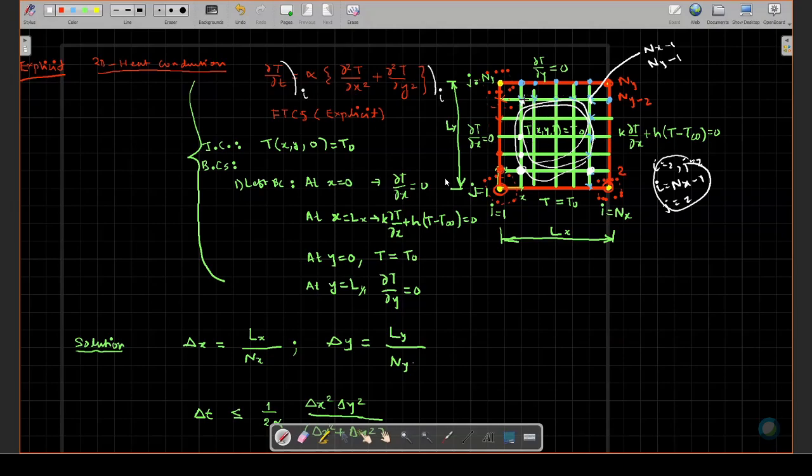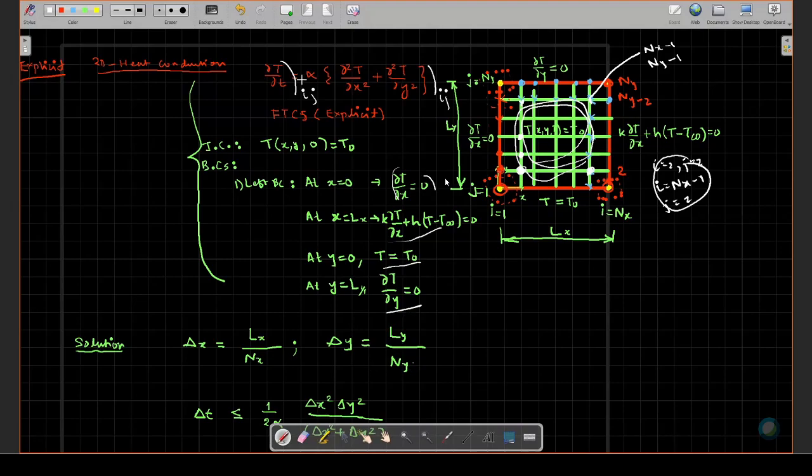So i, j means all interior points. Now in this case, this is a 2D domain, so these are all ij points. For all ij means all interior points. This equation is for all interior points, because at boundaries we have given these boundary conditions. PDEs are there; this is one PDE for a boundary condition, this is another PDE for another boundary. So at boundaries they are given.